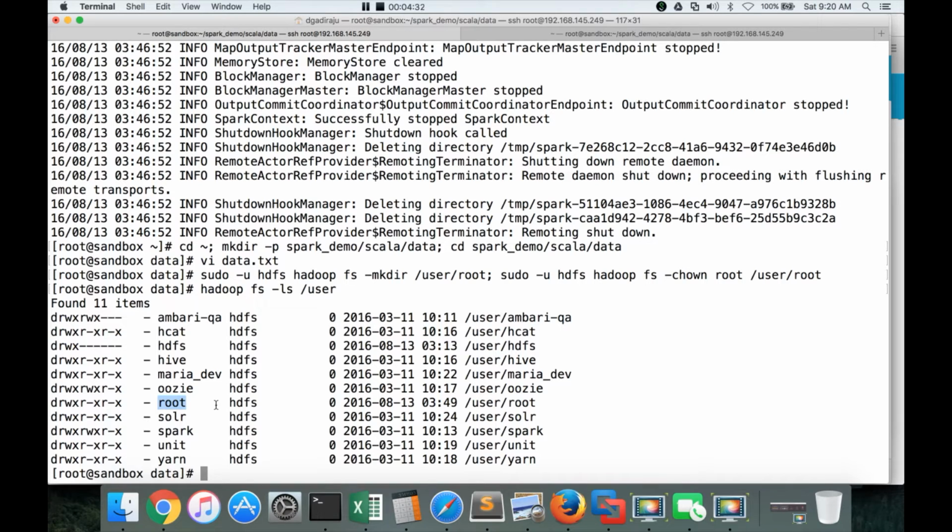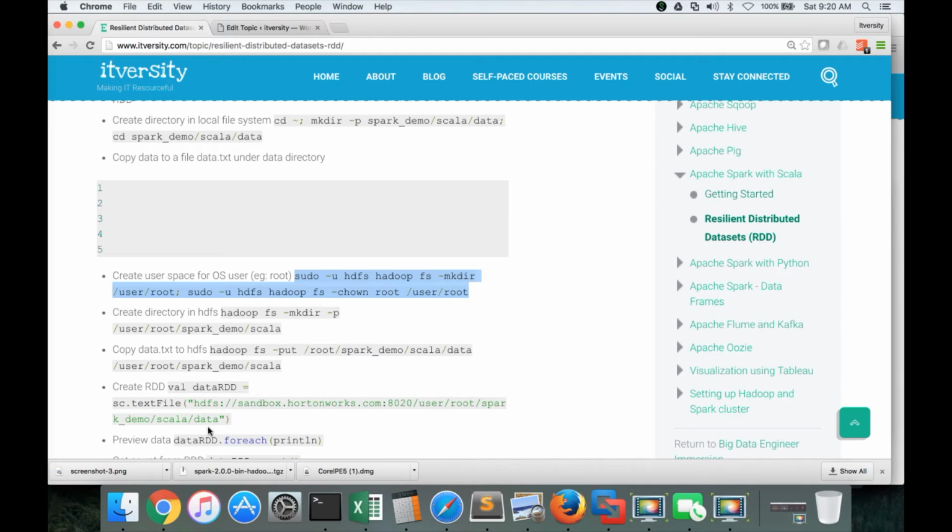If you are using cloudera as the OS user, you should see /user/cloudera here, and the owner should be cloudera. So that being said, now let us create the similar directory structure in HDFS also.